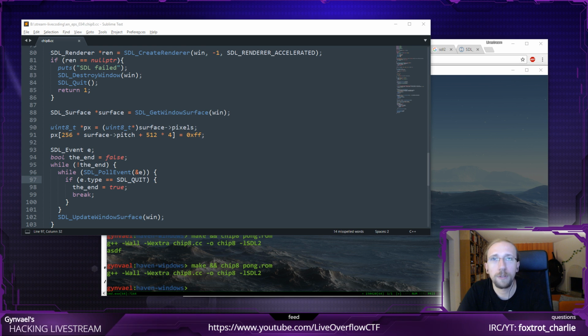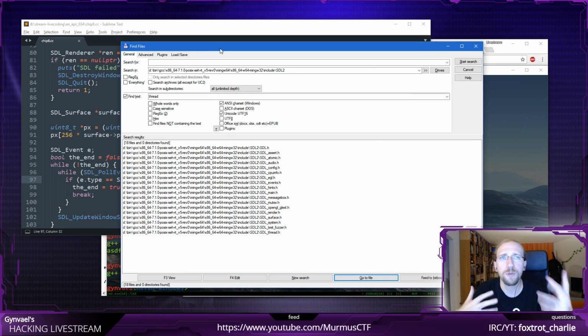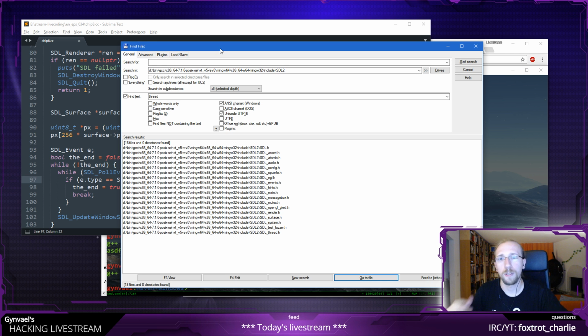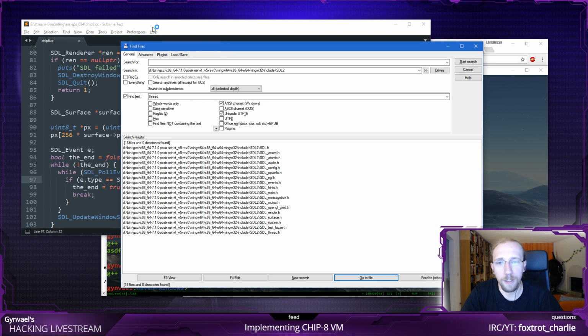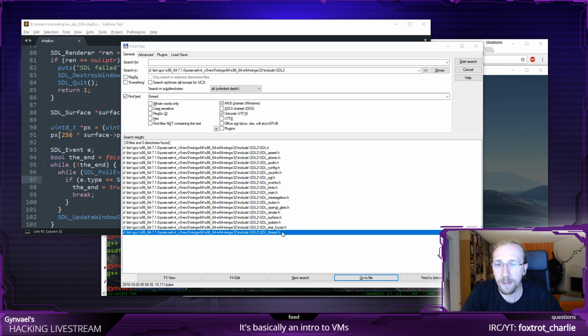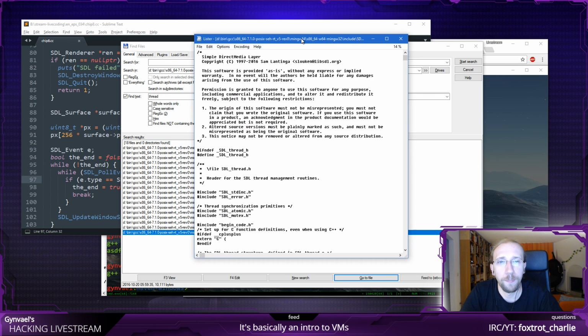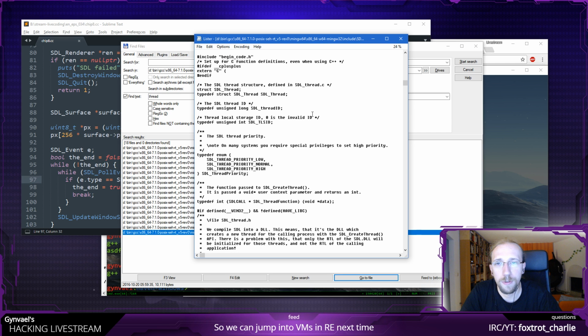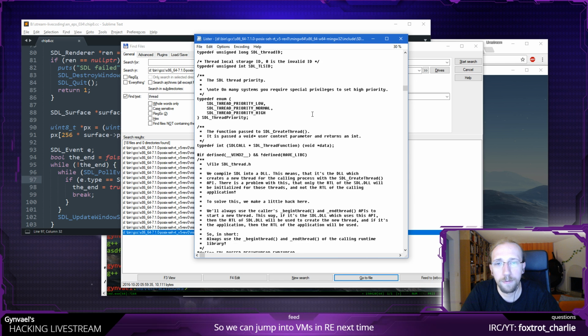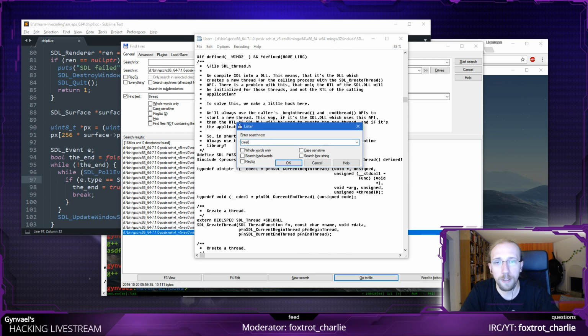I don't know. I'm going to look for the word thread in here, because SDL is supposed to be this portable library which you can compile on Linux, on Windows, and so on, and it supplies all the basic mechanisms which you have to use to create a game, right? Does it have a thread? It does have an SDL thread header, which means you probably have threads. How do you create a thread? Create.